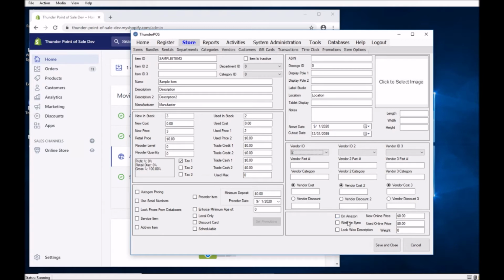And then if we go down here, we want to make sure we check website sync. Then we'll leave the new and unused online price alone. If you set this to anything other than 0, it will send with that price rather than with use price 1 and new price. Then we'll just set the weight just to demonstrate. So when we save this item,